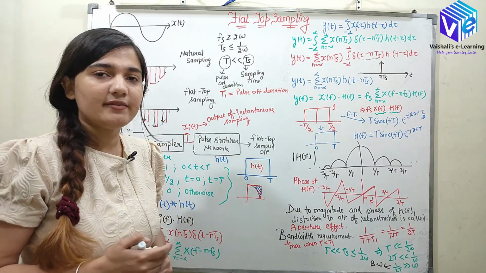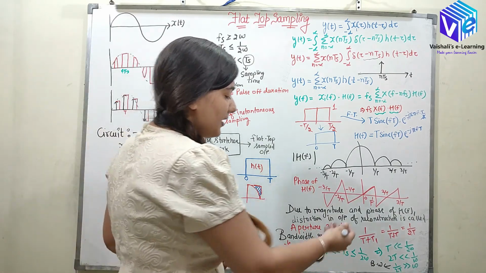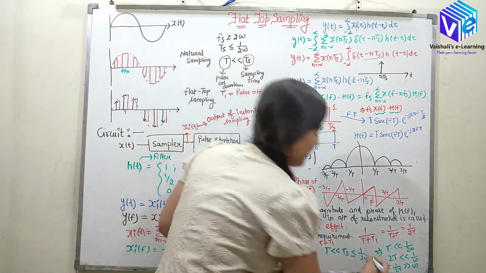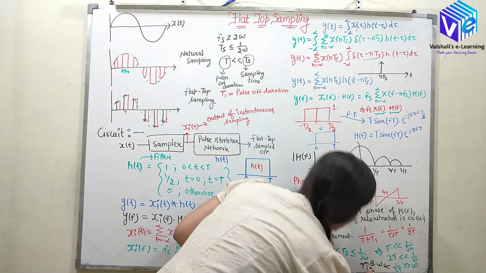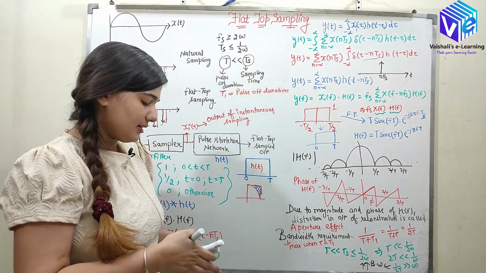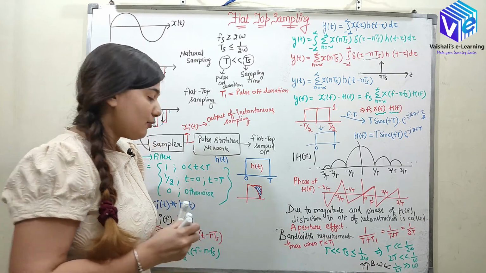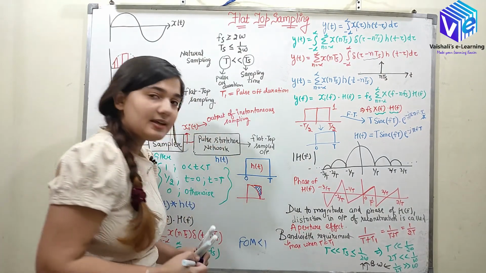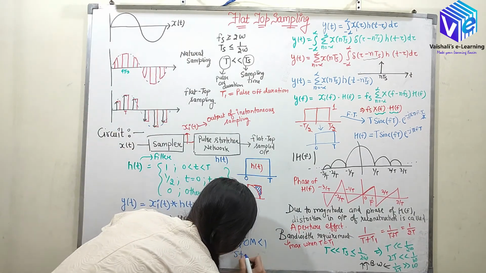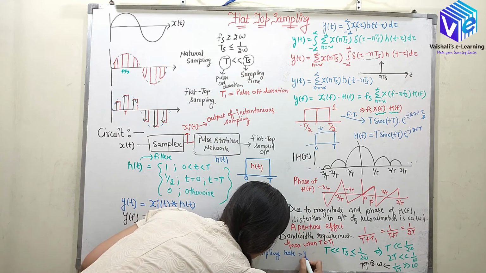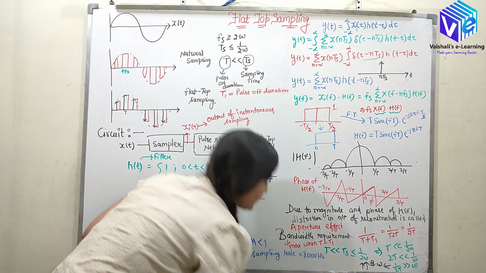So this is the disadvantage, because I require a very high bandwidth to transmit this signal. So bandwidth is very high as compared to the highest frequency of my message signal. So now if I talk about the figure of merit, figure of merit is less than 1 and standard sampling rate is equal to 8000 hertz.